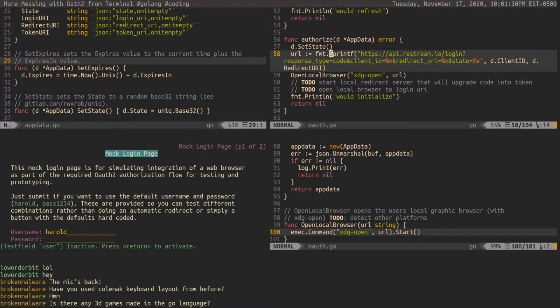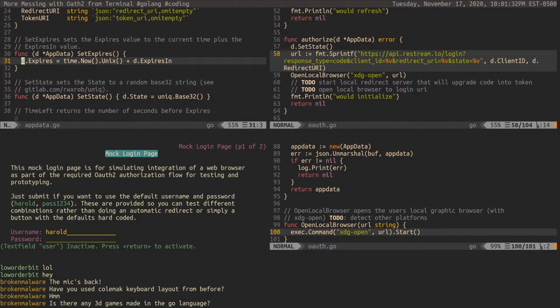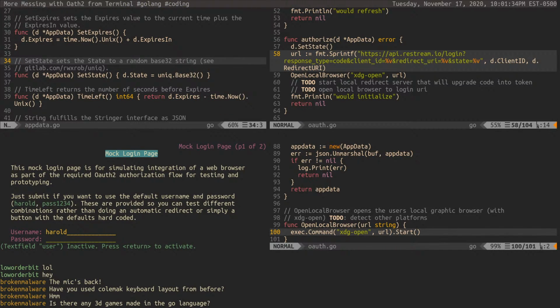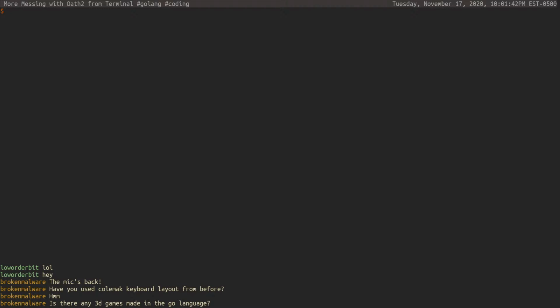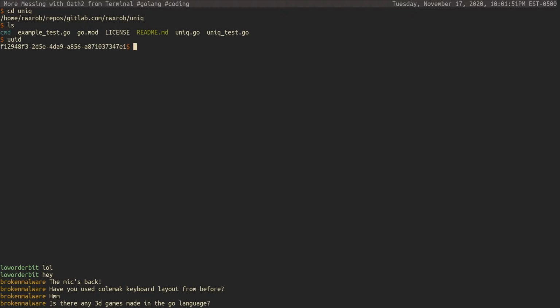Here's what it does: it just sets it to a base 32 string. And yeah, I love that little unique package, by the way. If anybody wants a copy of that, it's a tiny little stupid thing, but I got to tell you, I love it. It's one of my greatest hits, I guess. It's so simple, but what's really amazing about it is that